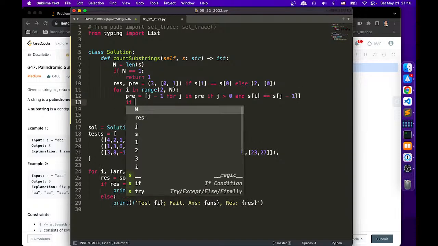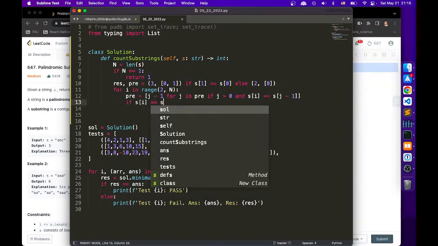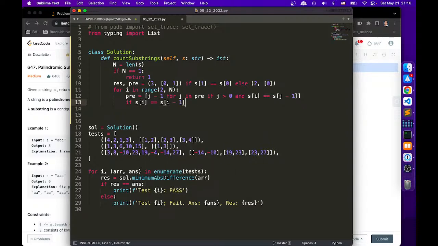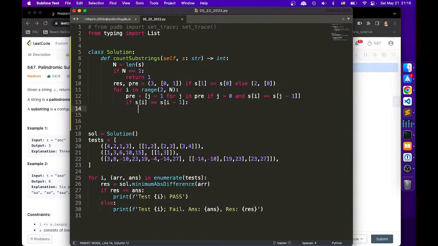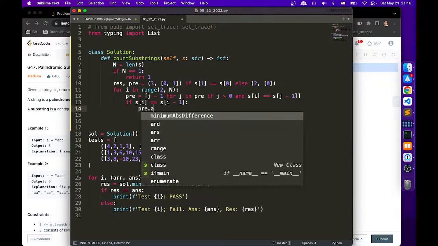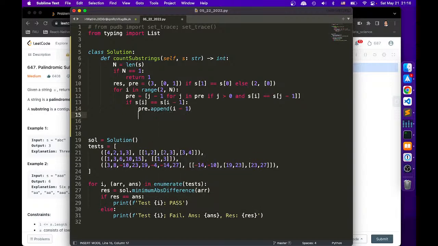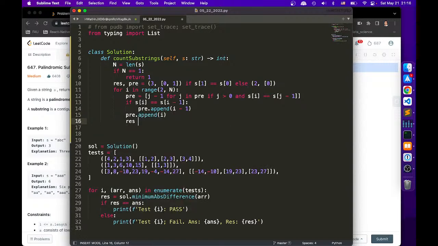If s i is equal to s i minus 1, then pre.append i minus 1. Pre.append i. The rest plus equal to this pre. So when we do that, we don't have to do this. Right? So the rest will be 1, pre is 0. And this will go from 1 to the end. And for this, it won't go. And if the same, we add